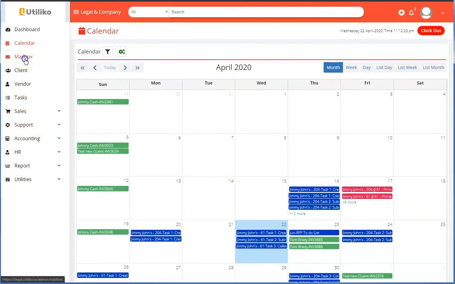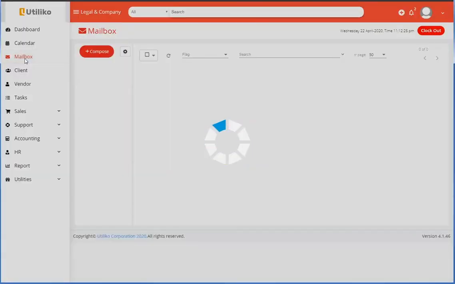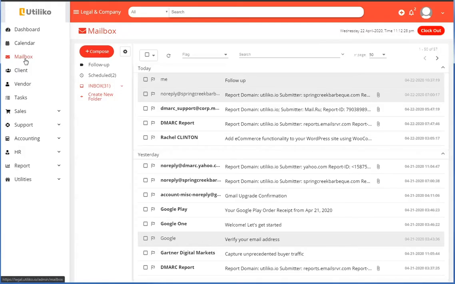The next section is your mailbox. If you have configured your mailbox, you'll be able to check your emails here within Utiliko. Just simply click on the configuration option and configure your inbox. We do have other videos that will drill down on why you should integrate your email directly into Utiliko as well,